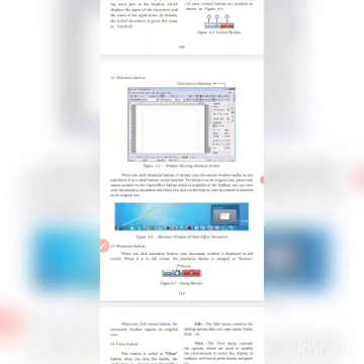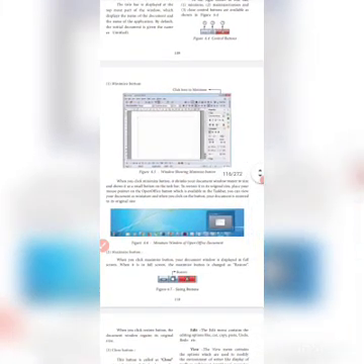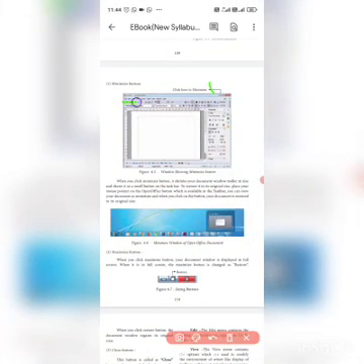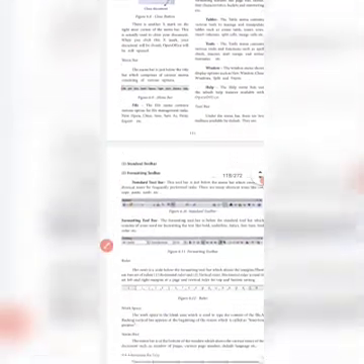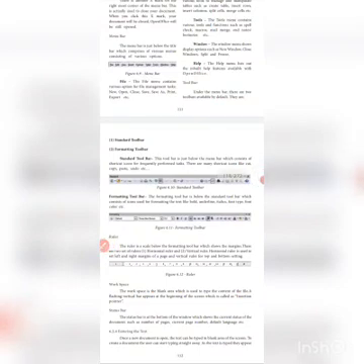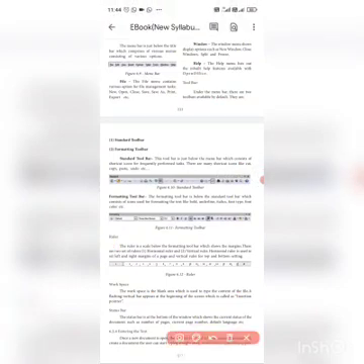See here, this is called the menu bar. First the title bar, below it the menu bar. Below this menu bar is the standard toolbar. In this standard toolbar there are many shortcut icons, like the cut icon, paste icon, undo, redo, so many tools are there.